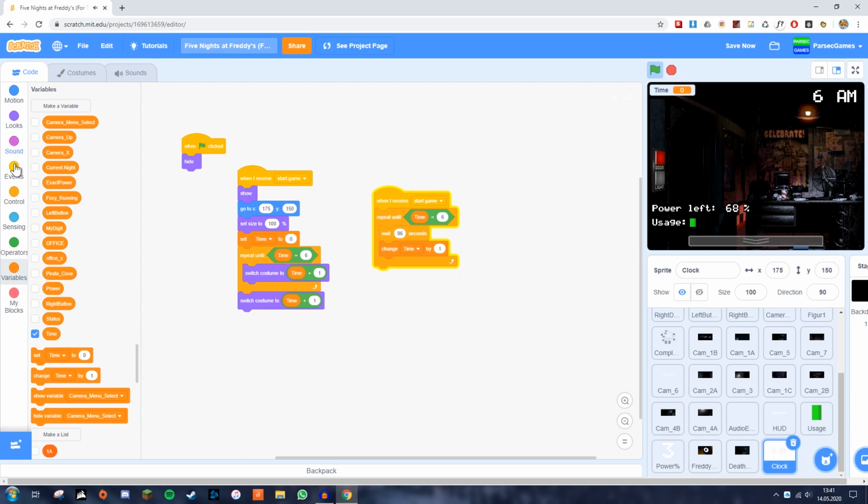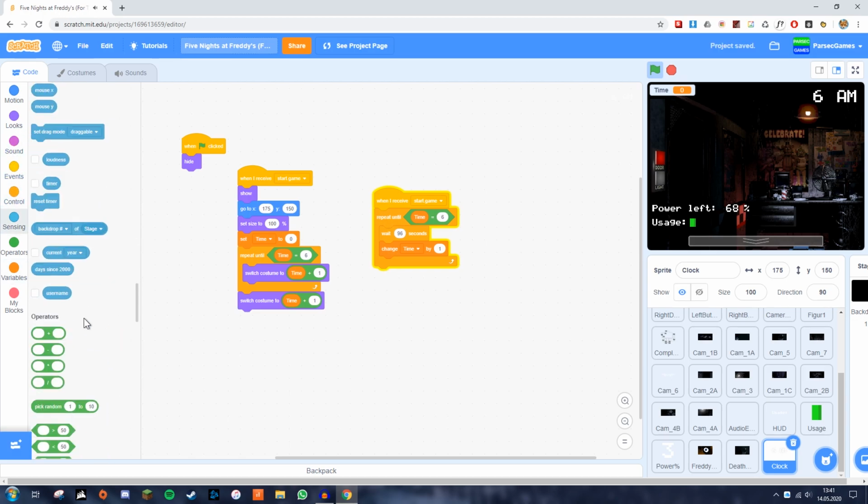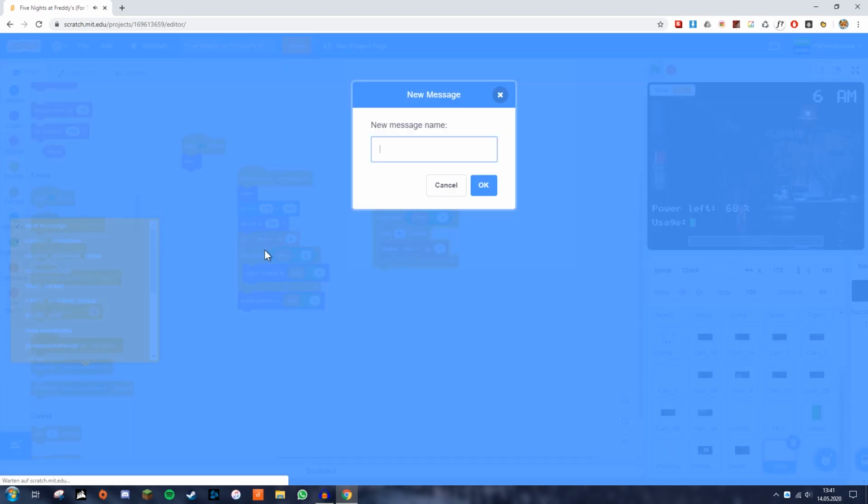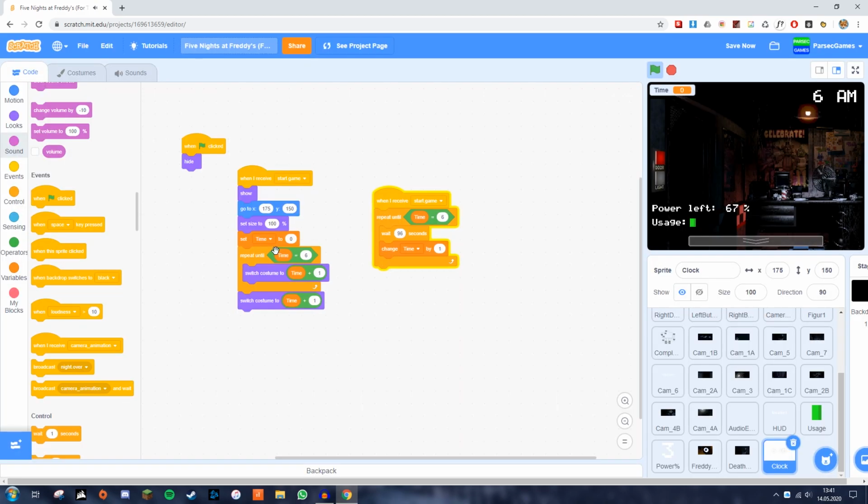And then what we're going to do is we're going to trigger a broadcast, which is going to be night over. So this happens when it turns to 6 a.m. It's going to broadcast night over. And in that case, we need to actually make all the other scripts stop, because the game is pretty much over at this point,